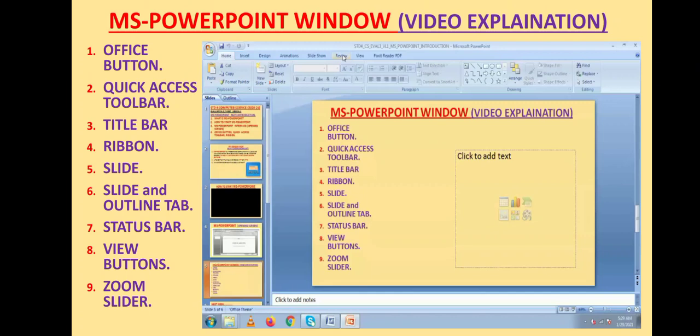We are going to learn what is the use of these various controls that are available on MS PowerPoint opening screen.